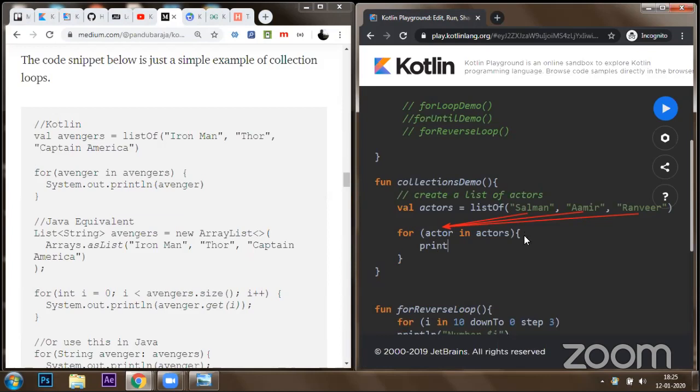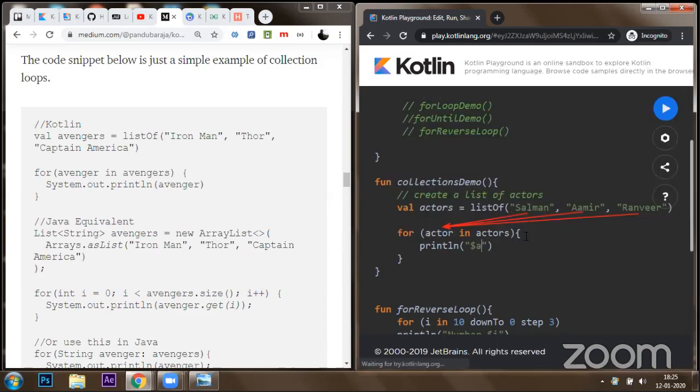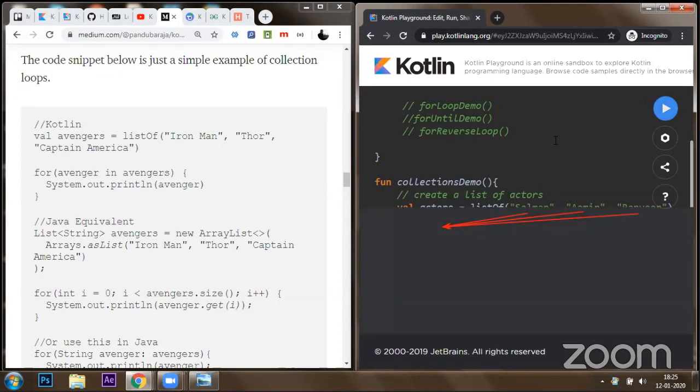Okay. So now you can use println and print the actors. You can quickly define $actor and the values can be printed. I hope this is clear to all of you. So you can make a collection of strings and then iterate over each element in the list and perform some operation on that. So now if I run this cell,